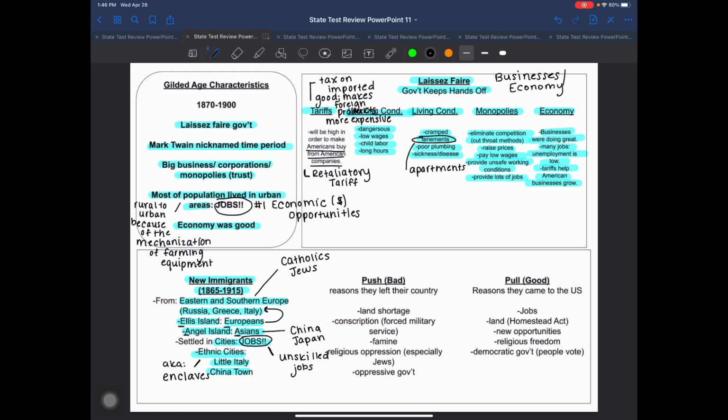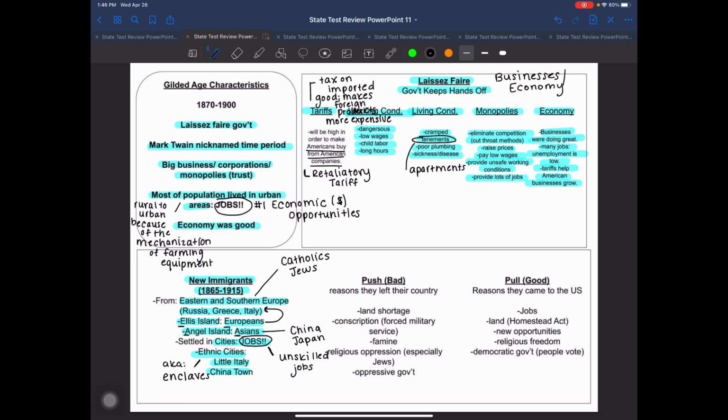So, for example, Little Italy and Chinatown, those still exist today. And when you go there, that's where you can find some of the best Italian food, some of the most authentic Chinese food. When you go into Chinatown, it is literally almost like you are stepping into a little piece of China. So when they came here and they brought their ways of life, their culture, their ways of thought with them, they just settled together and continued to do life like they always had, even though they were here in the United States of America. And that's where we get these ethnic cities.